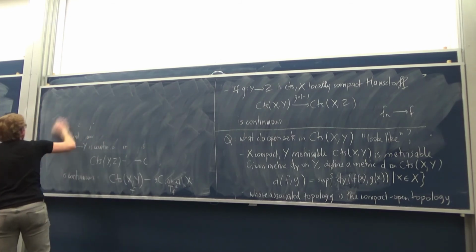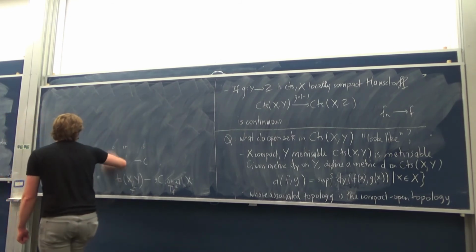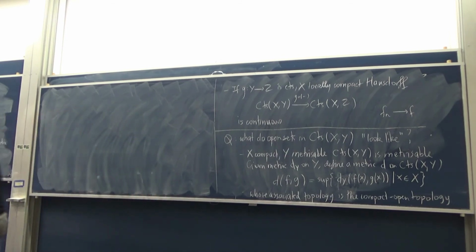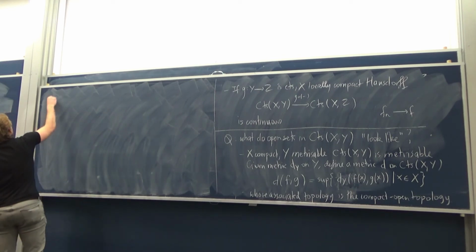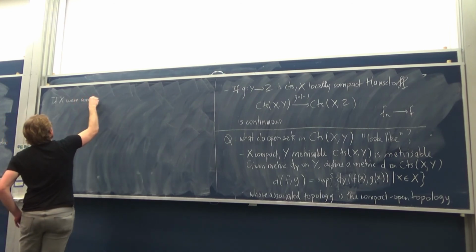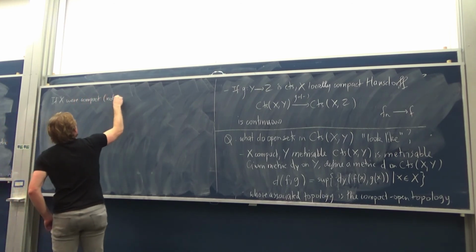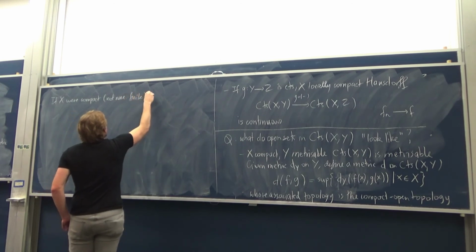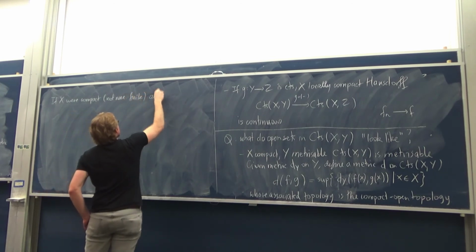I could ask what happens when I take x to be not finite, but compact, which is the closest I can get to something being finite. So if x were compact, not necessarily finite, and y was metrizable,